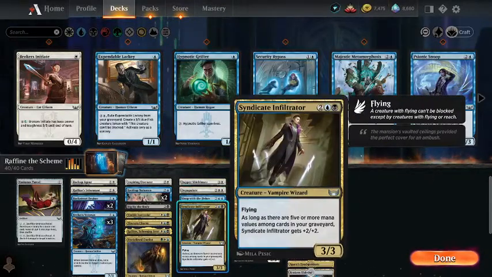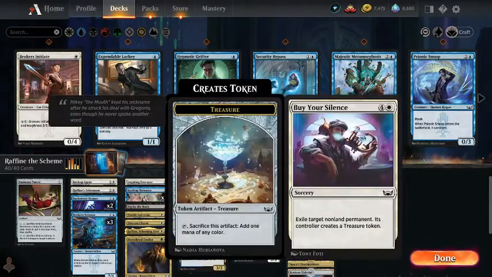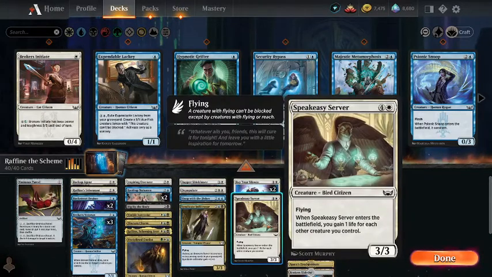But the question is, what would you take out for these things? And then in the 5-drops, we've got 2 Buy Your Silence, just removal. Goes through shield, so yeah, takes out the nastiest thing your opponent's got. Speakeasy Server, I think the first time I'm playing one of these. Yep, decent, bit of life gain, 3/3 flyer,